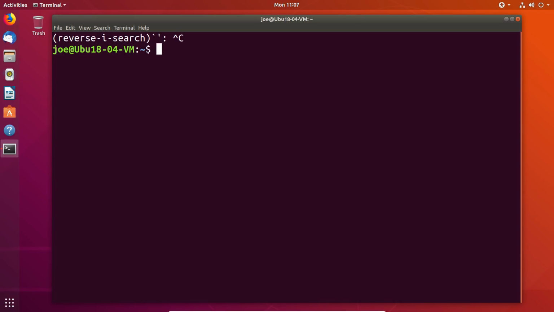We are in a virtual machine this time around simply because some of the stuff that we're going to be talking about is a little system sensitive and you need to be careful if you're going to be following along. It shouldn't hurt anything, but when you start digging around with system users and system groups, if you make a mistake you could mess something up, so do be careful. We're also going to take a look at aliases and functions at the end of this video, but the main course here is definitely going to be users and groups because it's a very important subject when you're dealing with